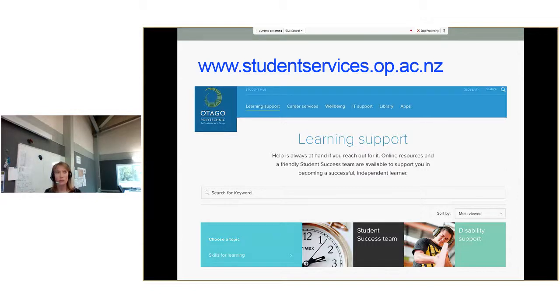It's linked to from the Moodle page for this program as well. It's got lots of really helpful resources on writing assignments, how to reference. It's got an APA referencing guide on there. And I was quite surprised actually. There were quite a few things on there that I didn't even know about. So I think it's a good resource to have on hand when you're doing your assignments. So be aware of that.